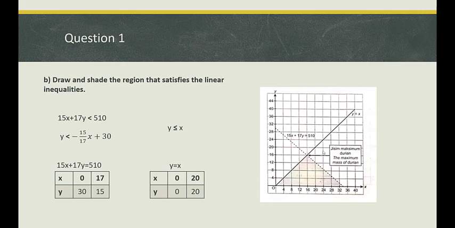So we have plotted this graph here. This is our 15x plus 17y equal to 510. This is a dotted line, as our condition is 15x plus 17y smaller than, so less than, which is not equal to, so only less than, so our graph is a dotted line. However, in this case it is less than or equal to, so our line is a complete line, not a dotted line. As we see it's smaller than, which means the region